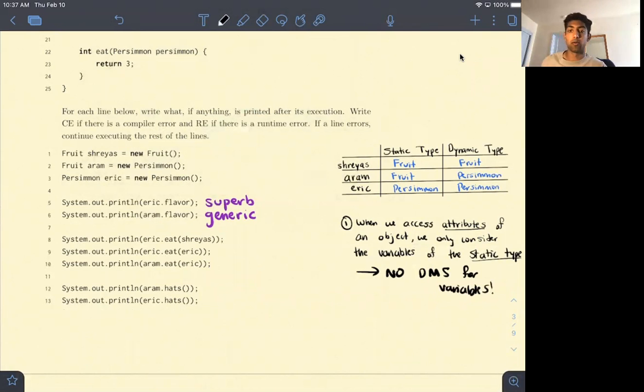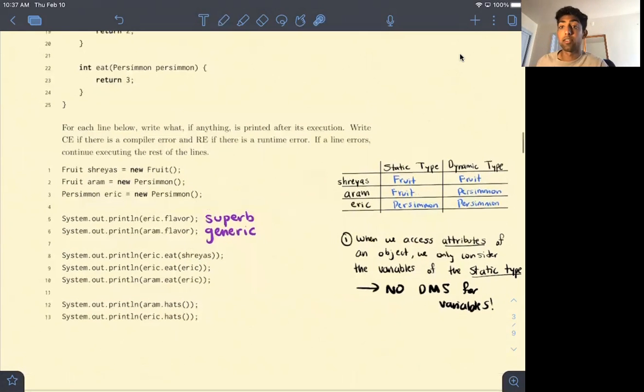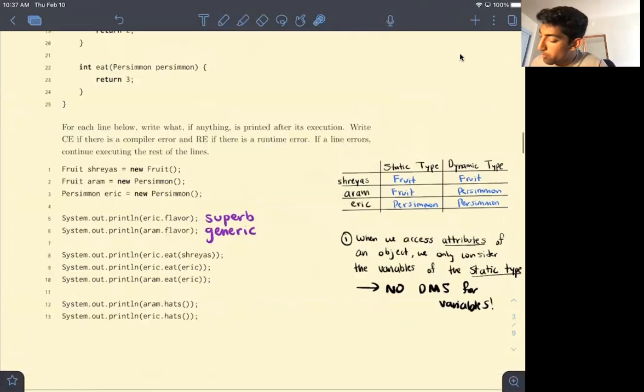Right, that's just the main takeaway. Okay, so looking at the next 3 lines, we have Eric.eat Shreyas. What is Eric? Eric is a persimmon, and Shreyas is a fruit, right? And what we know is that if Shreyas is passed in as a parameter, we only consider the static type here, right? So what we're looking for is an eat method in the persimmon class, right, that